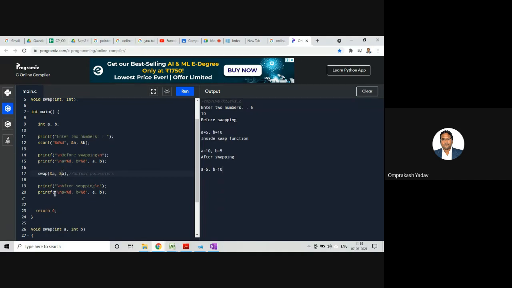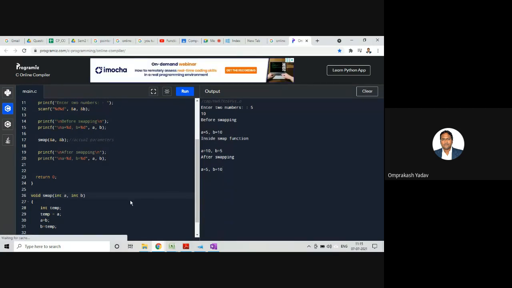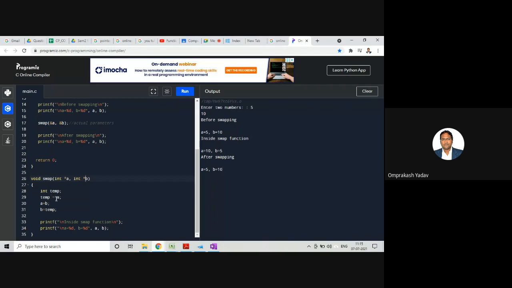If the addresses of A and B are passed, these two parameters can no longer be normal variables, because they must hold addresses. I told you, if we want to store addresses, we must declare pointer variables. So this will be star A and star B, and now they can hold the addresses of A and B. Here I can say temp is equal to star A, that means whatever value is pointed to by A gets stored in temp.